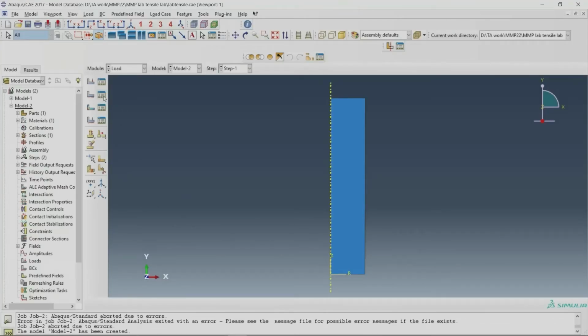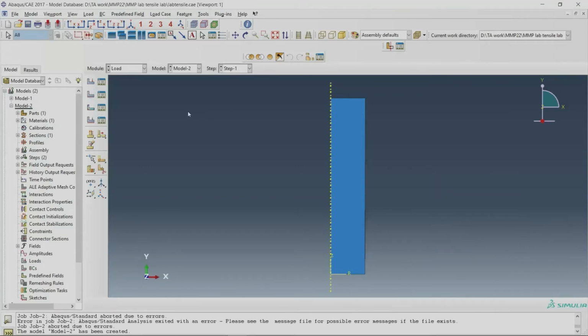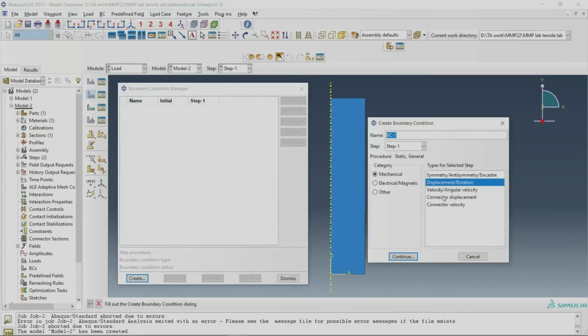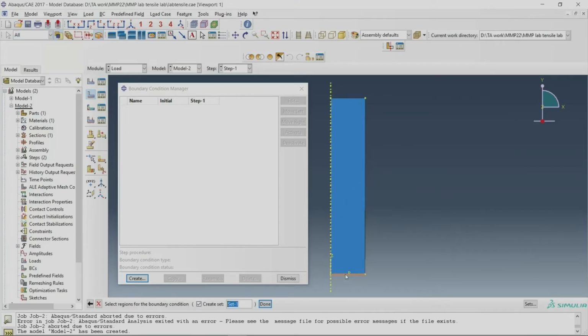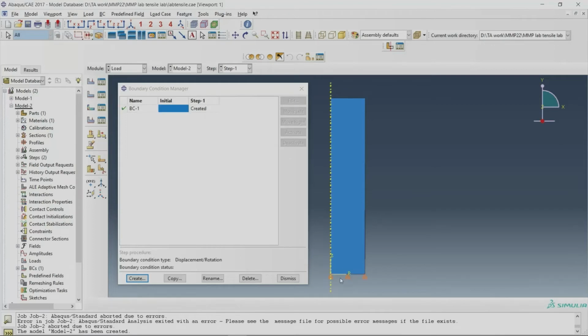So come back to this boundary condition manager. Create boundary condition. There are multiple types: symmetry, antisymmetric, and others like velocity. You can also give a velocity kind of boundary condition. But basically what we are going to do here is displacement. Click here, done, and u2 is 0. That means this section will be constrained.